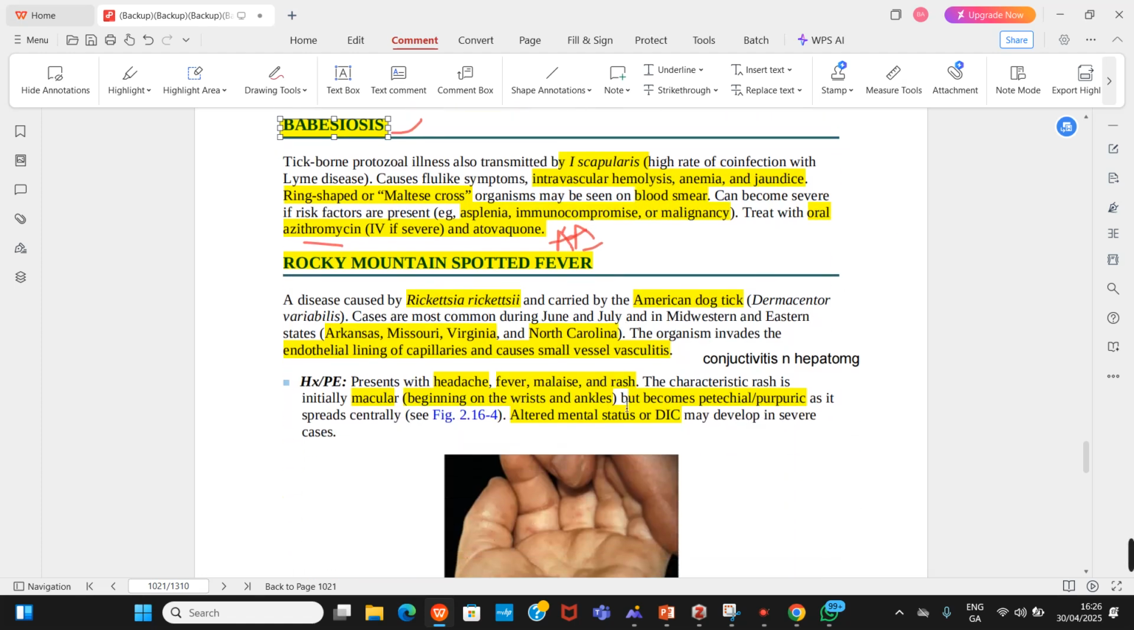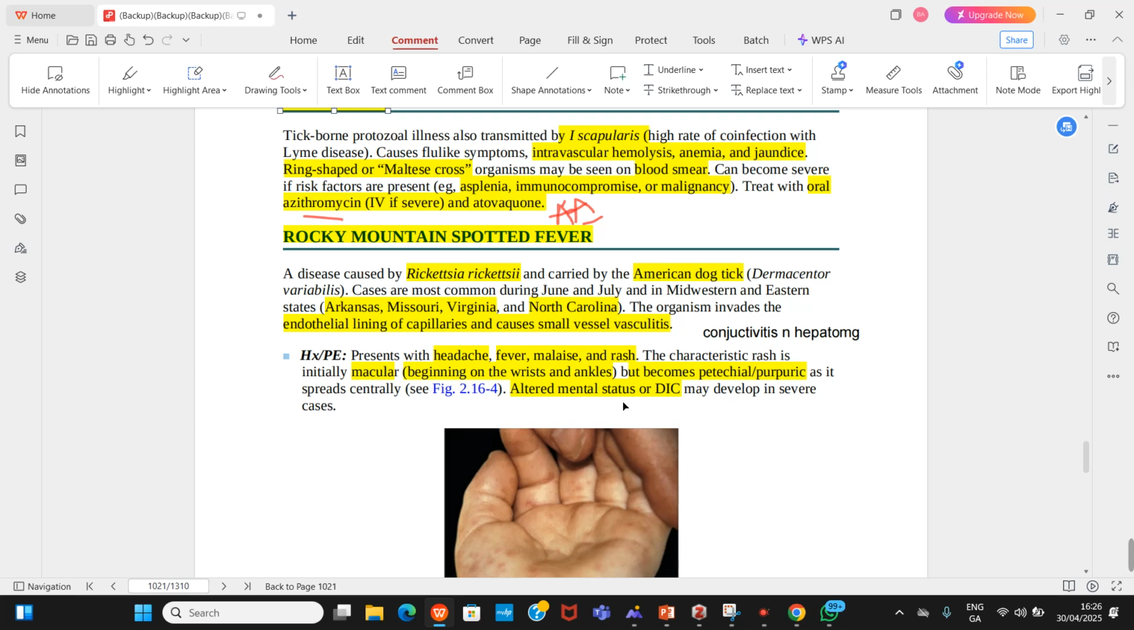All right. So moving on to Rocky Mountain spotted fever. This is caused by Rickettsia. We have Rickettsia prowazekii, Rickettsia rickettsii, and the like. So the RR, which is Rickettsia rickettsii, is the one that causes the Rocky Mountain spotted fever. It is carried by the American dog tick, the Dermacentor, not Ixodes. So Ixodes is just Babesia, Anaplasmosis, and